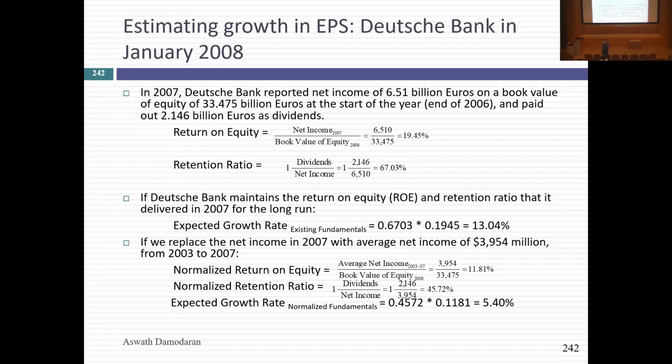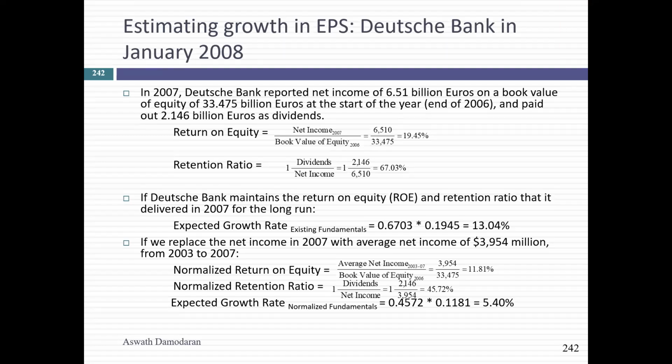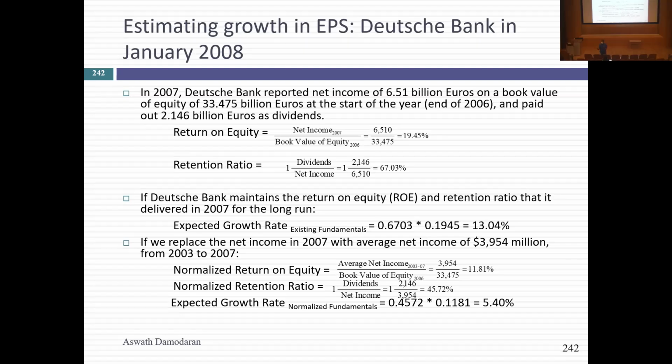So often when you value companies, you're faced with this choice. Should I just go with last year, the most recent year? So that's good news, it's updated data. But the downside is last year can be a strange year. It can be really good, really bad, and you might be building that into the future. So I would suggest look at things over time before you use last year's numbers, because you might get a better perspective of the company.